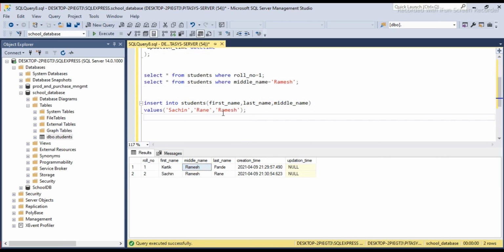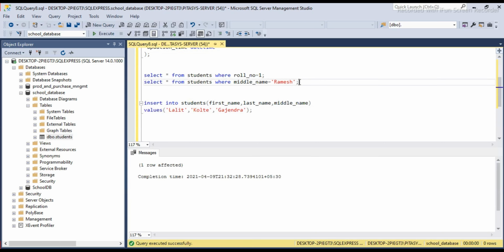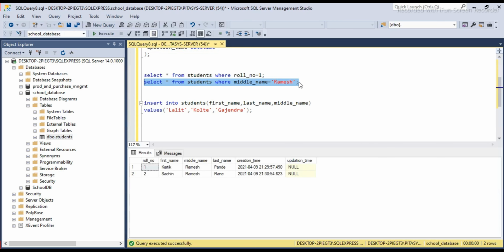If we insert another record with, suppose, Lalit, now suppose we are searching for students having middle name Ramesh, only two records are there, but actually in the database, if we see the whole data of students, there are three records.